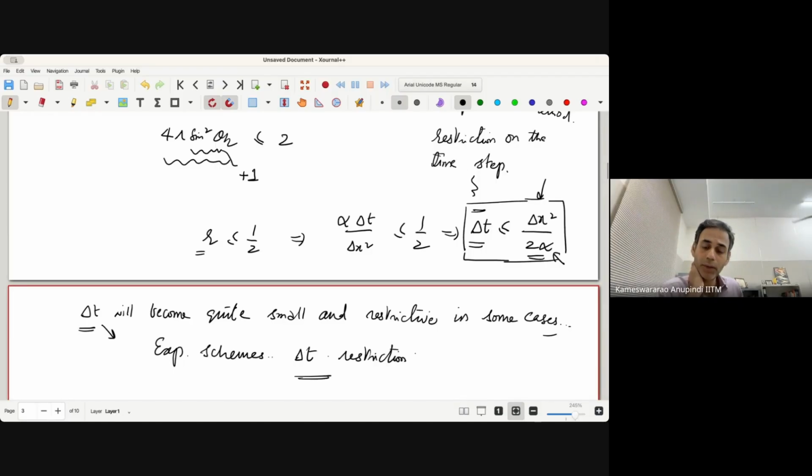So you have to accordingly choose your delta t, otherwise your solution will just diverge, and the reason will be because you have chosen a very large delta t, which you should not have because you're dealing with explicit schemes. Okay, fine. Now, so far so good. Of course, now you may wonder, okay, we are dealing with the